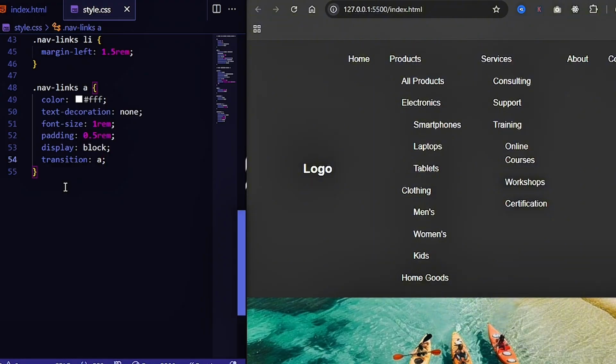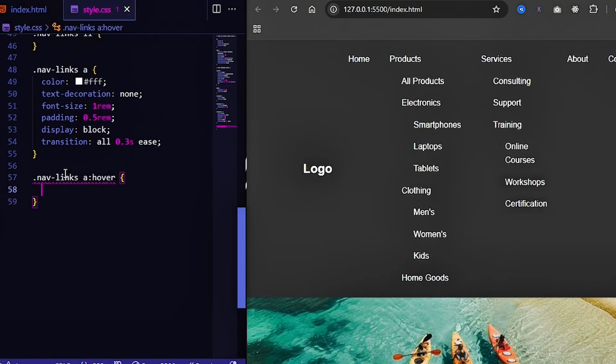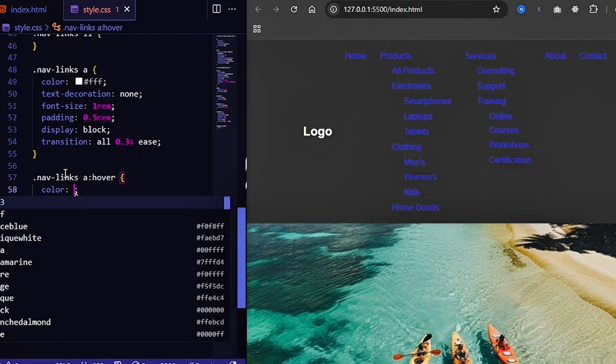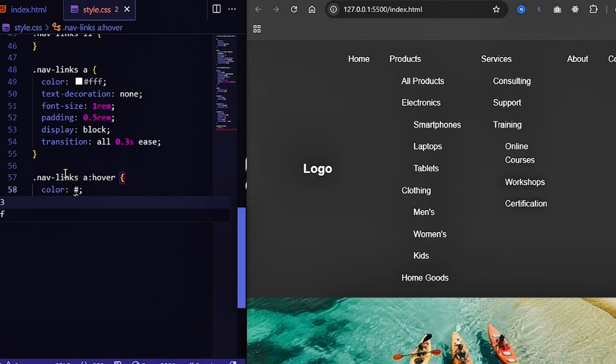Okay, we can see what we have now. For the transition, I'll be having 0.3 seconds ease. Okay. Now we are done styling the nav links anchor tag, the nav links a. The next thing we'll be styling is the nav links a hover for the hover effect as well. Now for the color, let's give it a color for the hover,